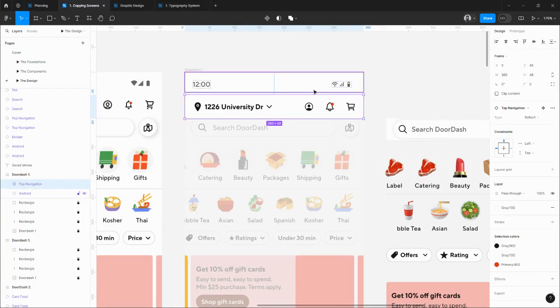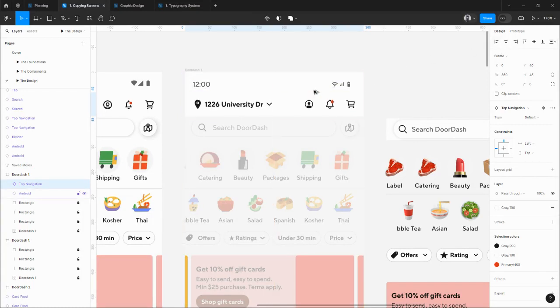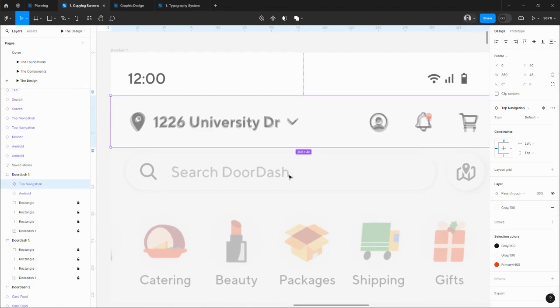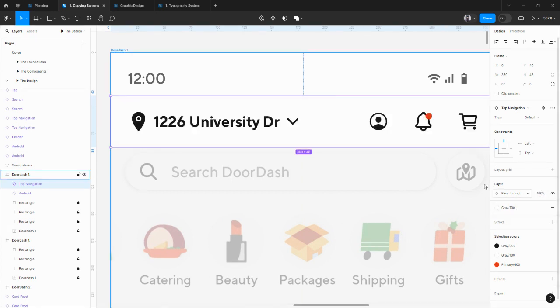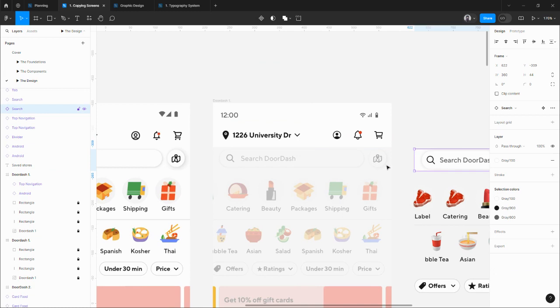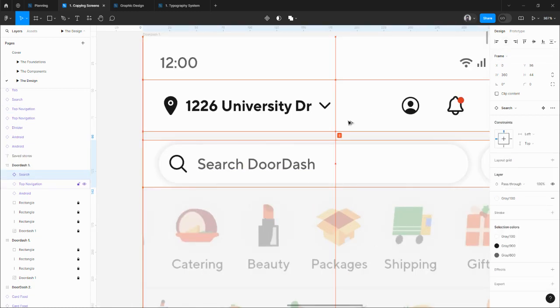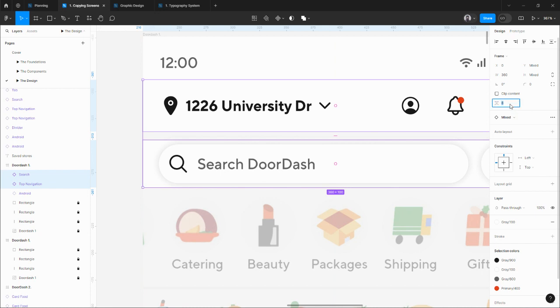I'm just making sure that I'm placing things right. So if you're not sure if you are placing things at the right position, you can simply reduce the opacity like this and see if it is placed right where you need it, or you can move and see if it needs some tweaking. So it looks good. Now I need my search, making sure that there is no distance between them,